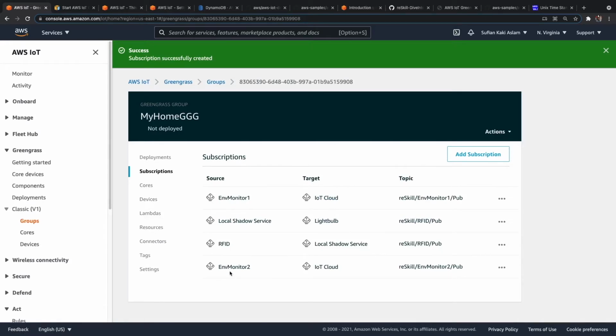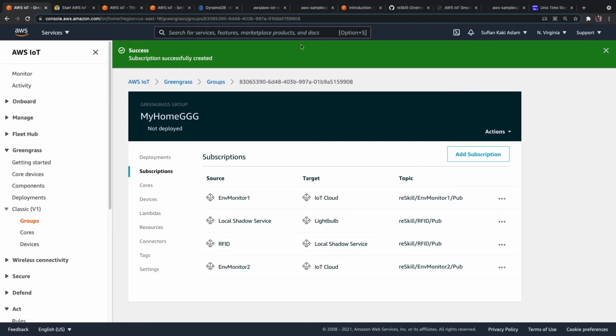Okay, so we have configured a few things, but the device software is going to change for all of these. So now these devices also need to talk to Greengrass. How do we make sure that they talk to Greengrass as well? The policy needs to say that they can talk to Greengrass as well.